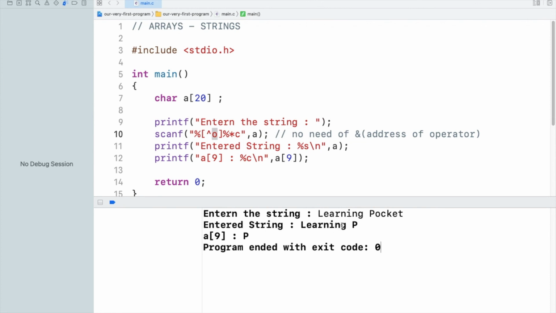And you can see the string was saved until p, because as soon as it encountered o, the scanning process was terminated. You can use any other character also at which you want to terminate the scanning process. So this was all about how you can accept a string from a user, and see you in the next video.